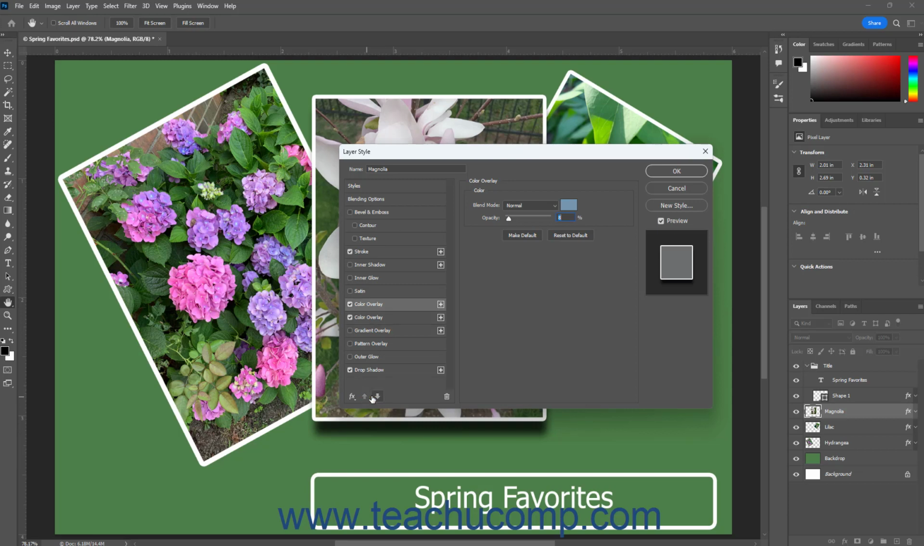To delete a layer effect selected in the Layer Effects list at the left side of the Layer Style dialog box, click the Delete Effect button, which looks like a trash can icon in the lower right corner of the Layer Effects list. To delete all hidden layer effects, click the FX button in the lower left corner of the list of layer effects and select the Delete Hidden